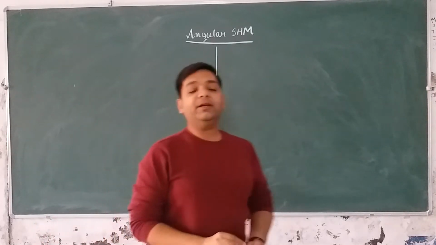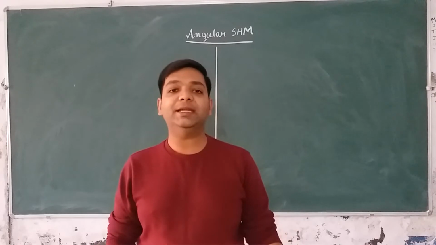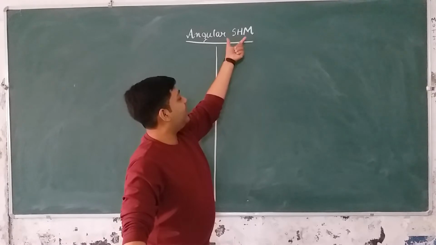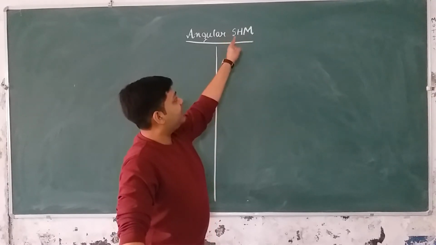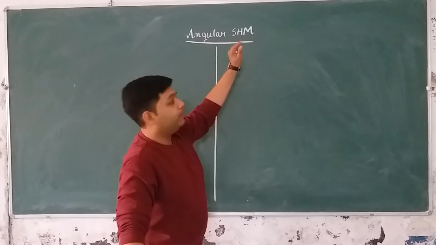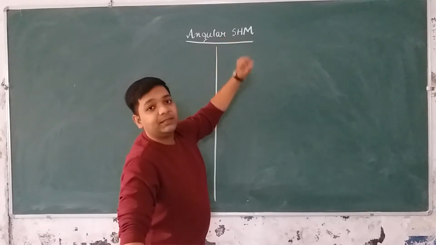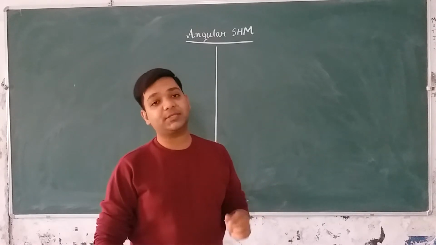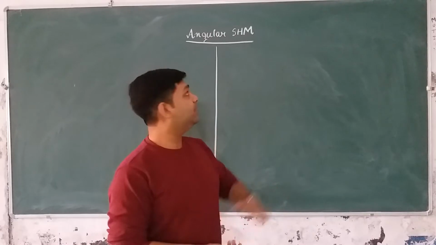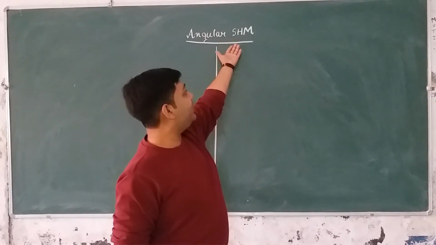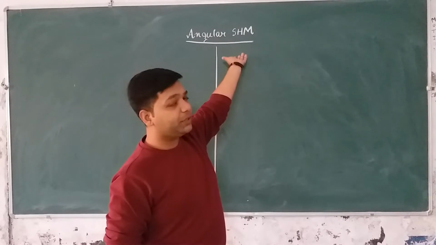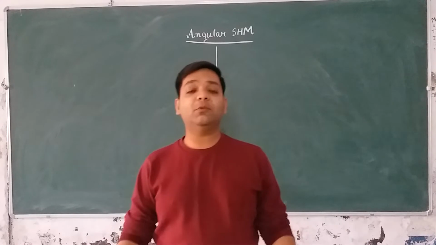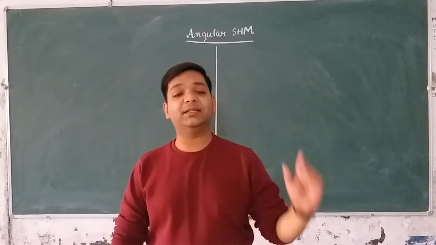So till now we were actually discussing the linear simple harmonic motion. As I told you, in this acronym SHM, S stands for simple, H stands for harmonic and M stands for motion. So what do we mean by simple? Here the word simple means that the motion is rectilinear, or the motion is in a straight line. So the motion was very simple, which is motion in a straight line. And then we discussed harmonic motion, which is periodic motion, and then we discussed motion. So till now the SHM of a system was having linear displacement.